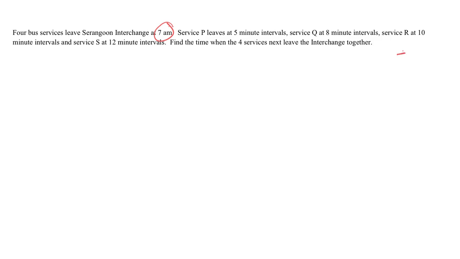I hope you all can see that this is a LCM problem. So I'm going to approach this using the LCM problem. So 5, 8, 10 and 12, 4 numbers. I'm going to make use of the short division method. And out of these 4 numbers, as long as there's a common prime factor among the 4,